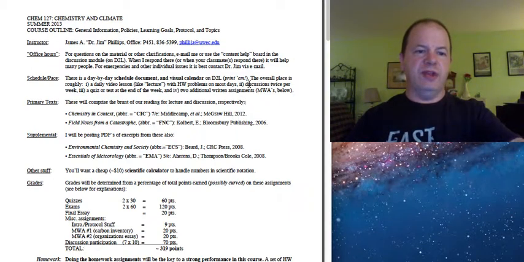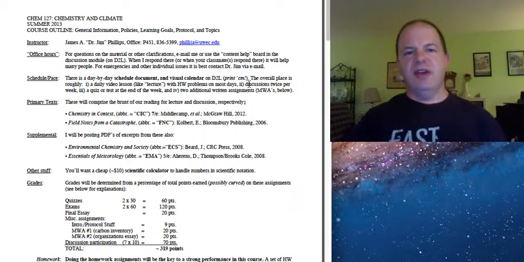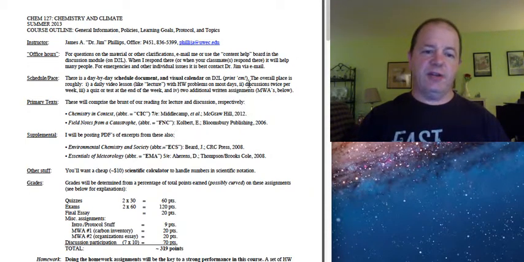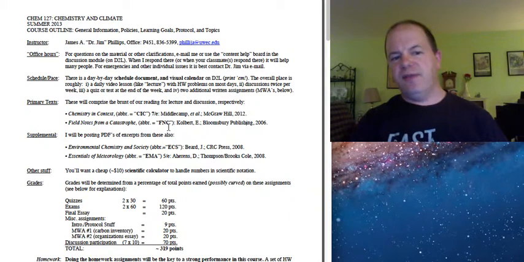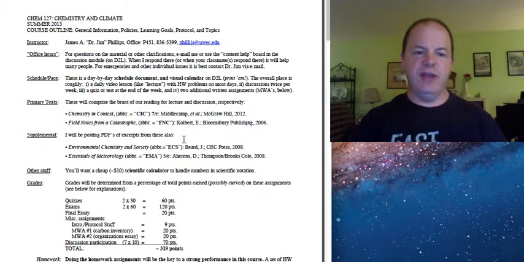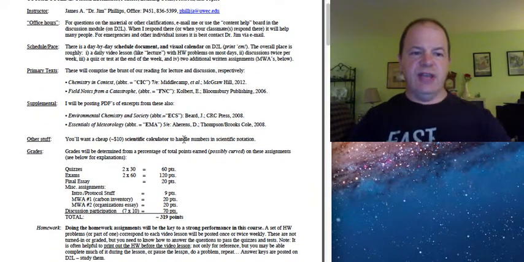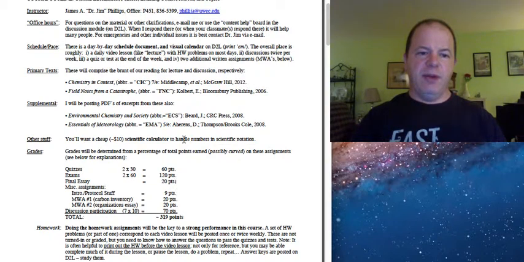We have two primary texts for the course. One of them is called Chemistry in Context. We do mainly the chemistry and do elsewhere for the context. And then our discussion book, which is Field Notes from a Catastrophe. Notice how I have abbreviations for these: CIC for Chemistry in Context, FNC for Field Notes from a Catastrophe. There's also some PDF readings to look through. One of them, ECS, is Environmental Chemistry and Society. There's a couple readings from that, and one from a